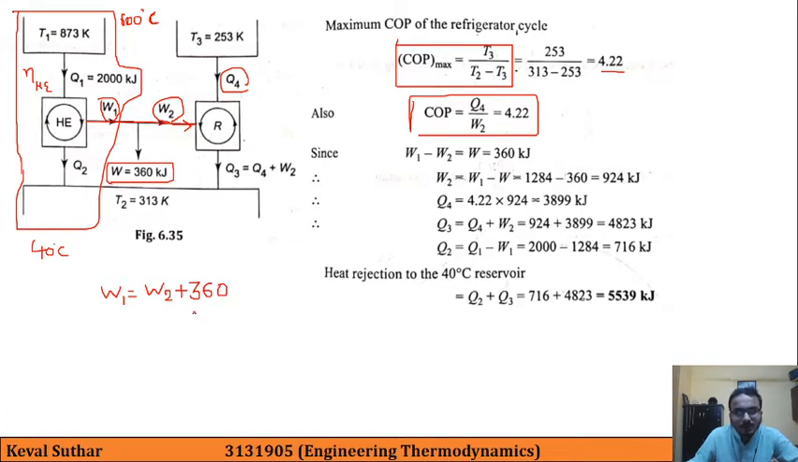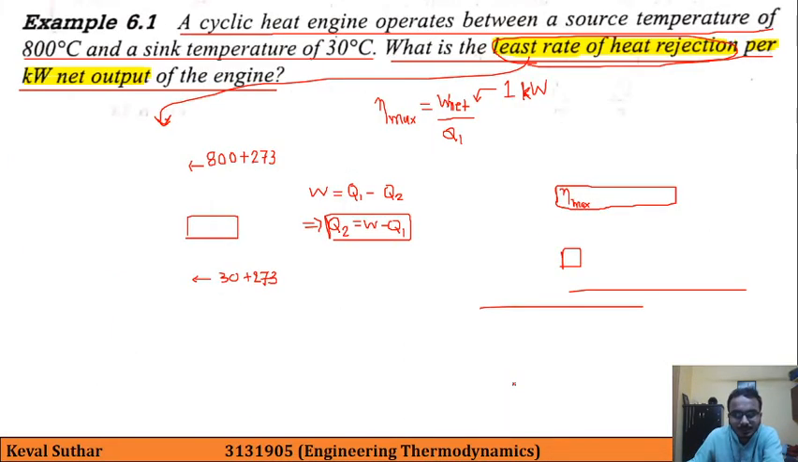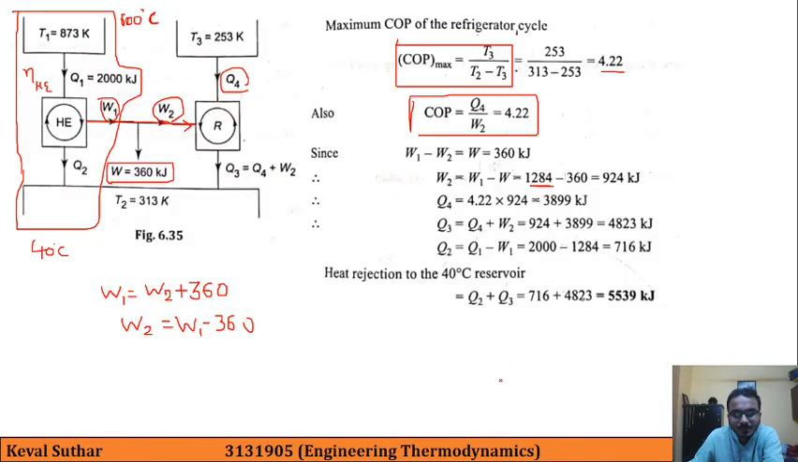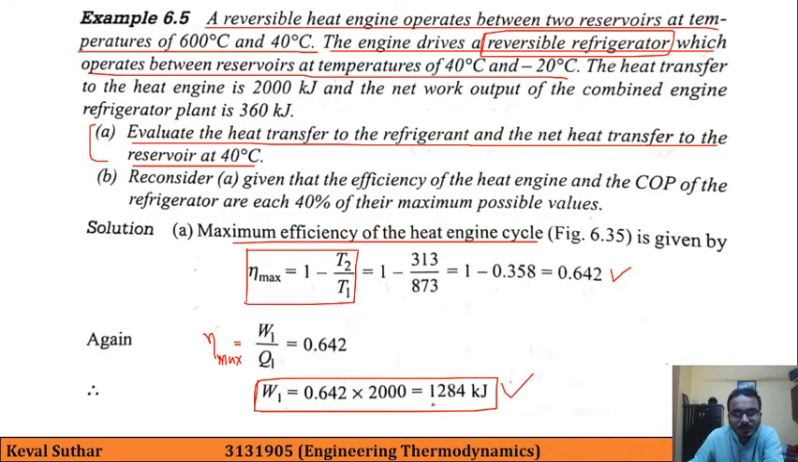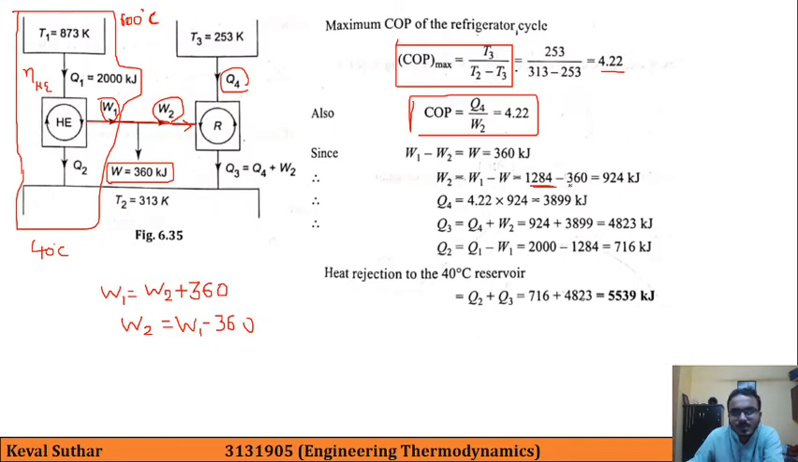So now we can get the value of W2 as equal to W1 minus 360, and the same thing is done here. So the W1 value is known to us, that is 1284, which was obtained here. So that is utilized over here, minus 360. So we are obtaining the value W2 here,